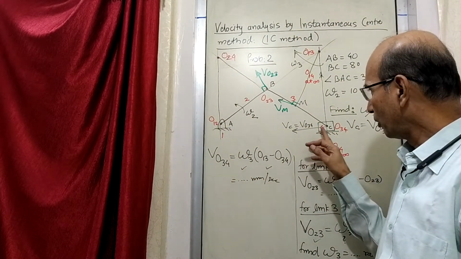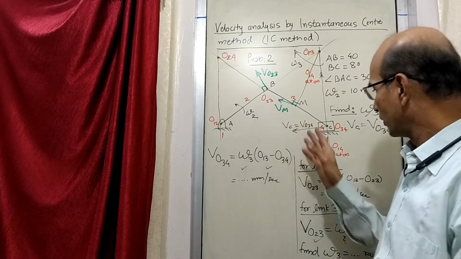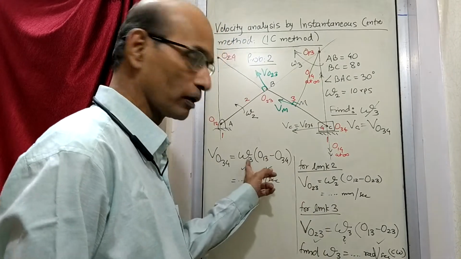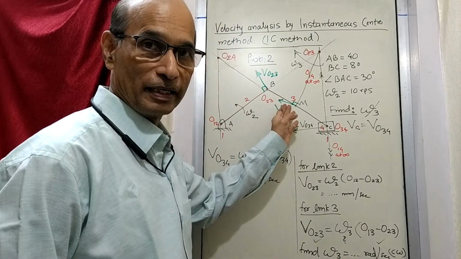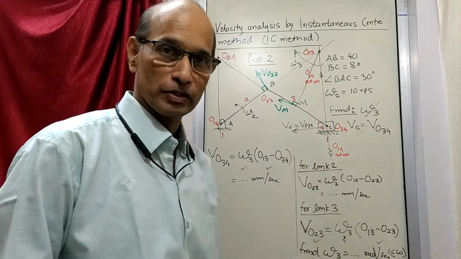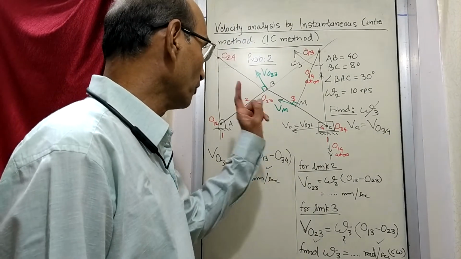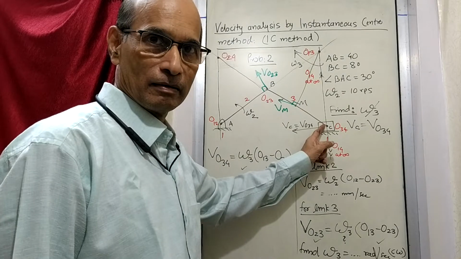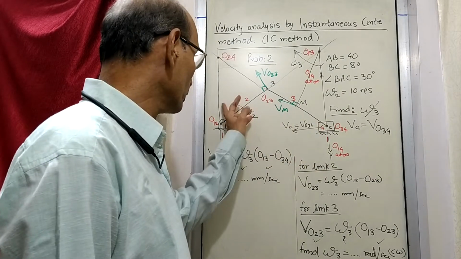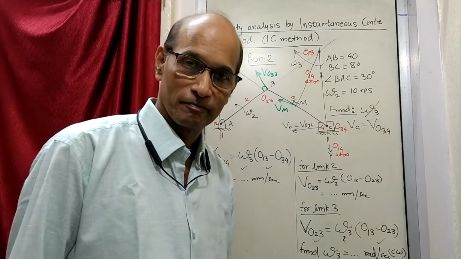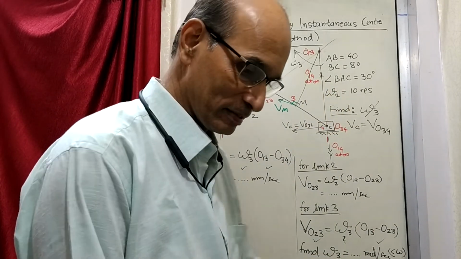Right now we have found the velocity of slider by first finding all this. We have done this, then this, and then we have come to this. First we found omega 3, and then we found the velocity. Now what we can also do is find the velocity of the slider if omega 2 is given, by a direct method. Now what that method means, just look here.